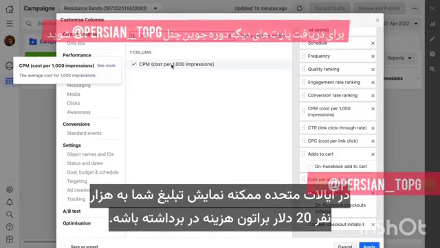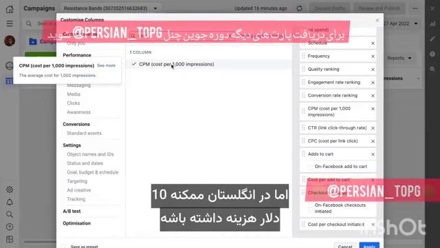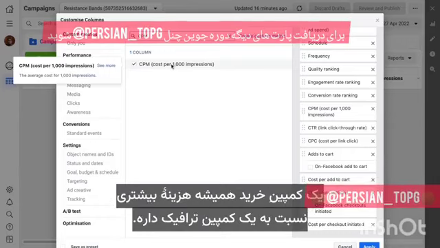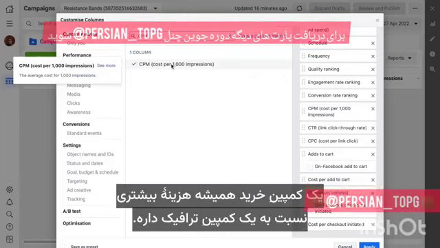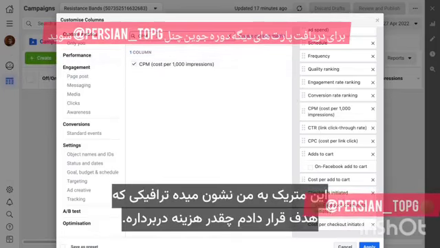So in the US, it might cost you $20 to show your ad to 1,000 people, but in the UK, it might cost you $10, right? And the CPM is also different according to the campaign type you're running. A purchases campaign will always have a higher CPM than a traffic campaign, right? So I like having this metric here. It just helps to tell me how expensive the traffic